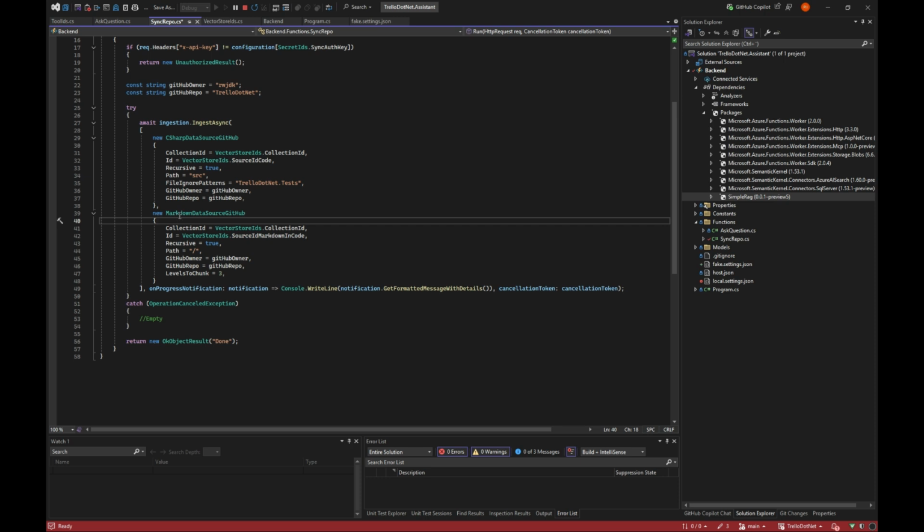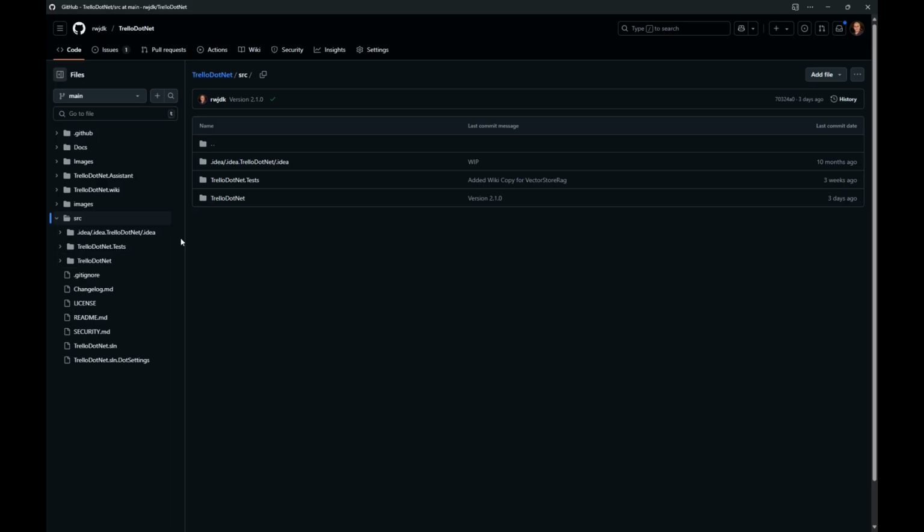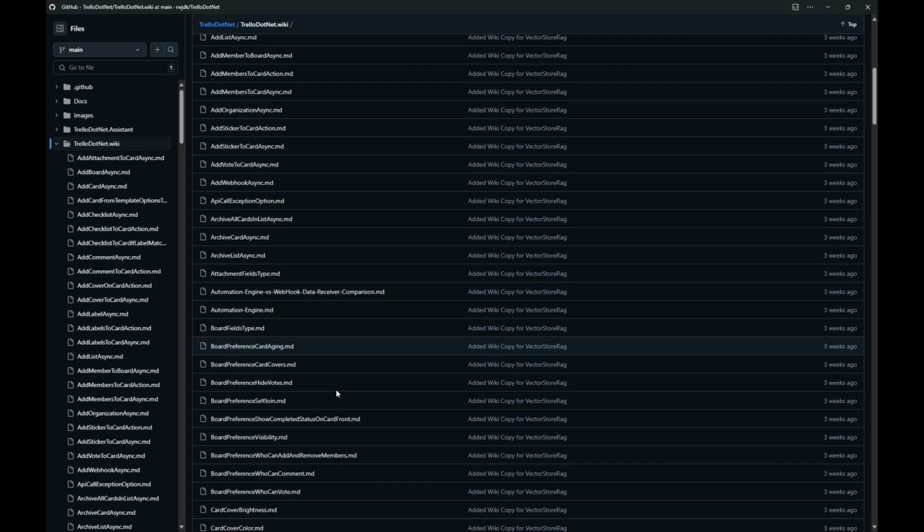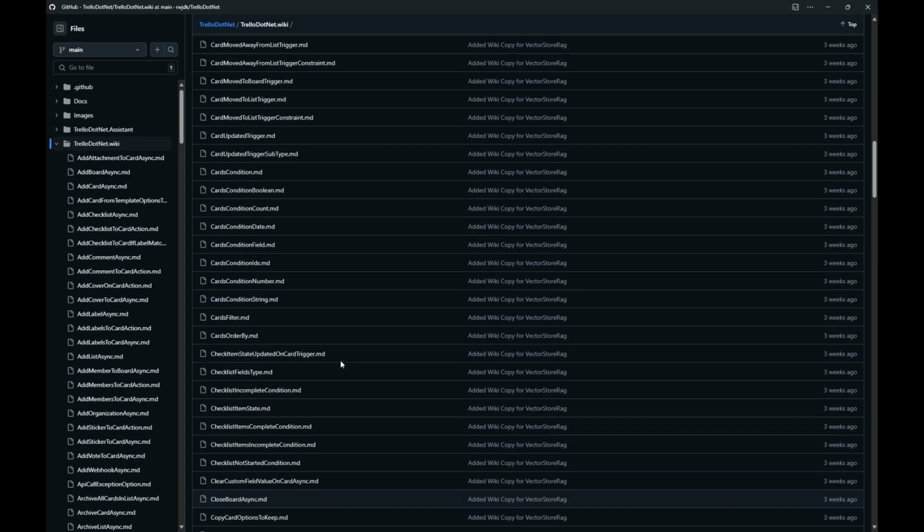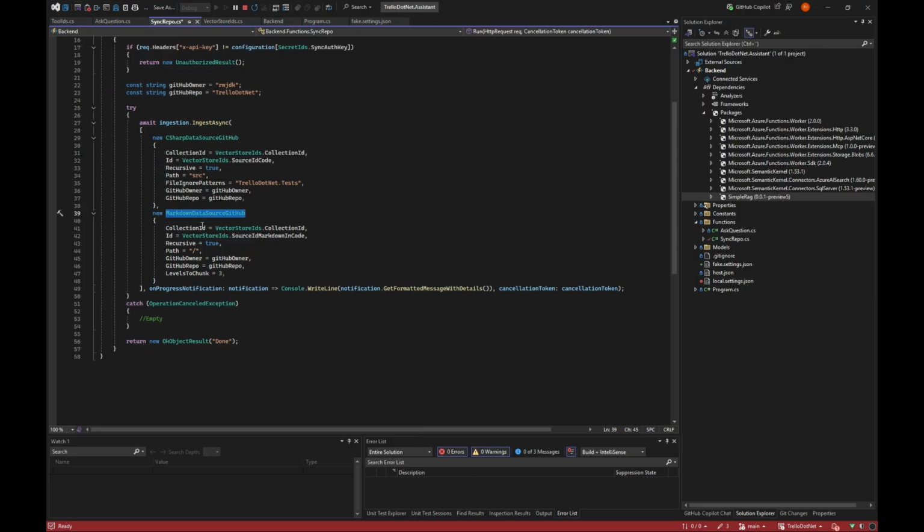In the same manner, I make a Markdown source where I take all the Markdown I have in the repo, because I have my wiki here as all the MD files I have. And I simply take that and chunk it down to third level, because the data behind the scenes is being chunked.